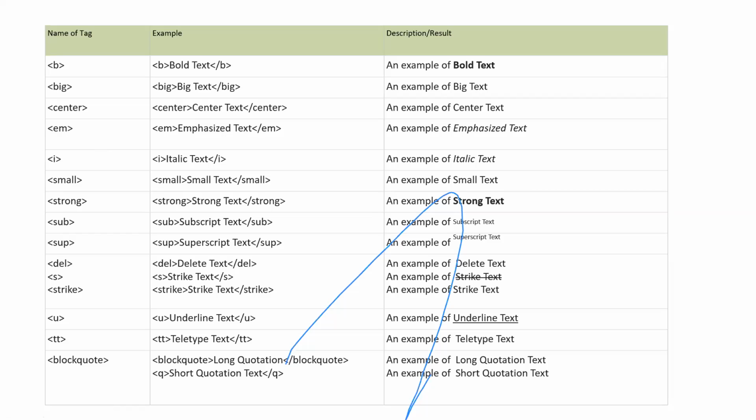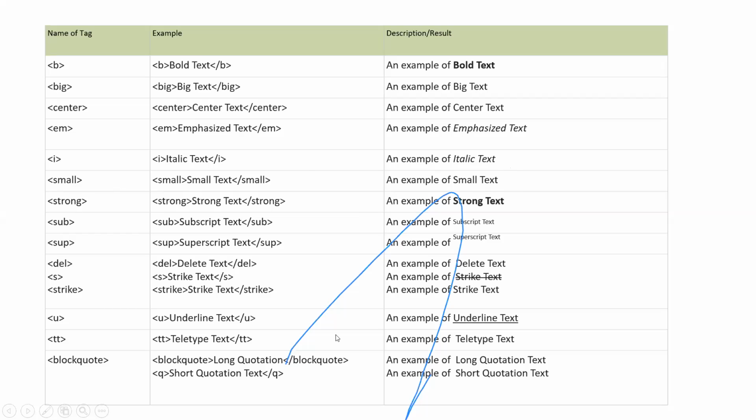For example, the font style will change. Similarly, I for italic. Whenever you specify the italic tag, it displays your text in italic format.